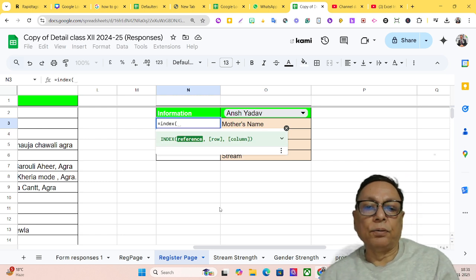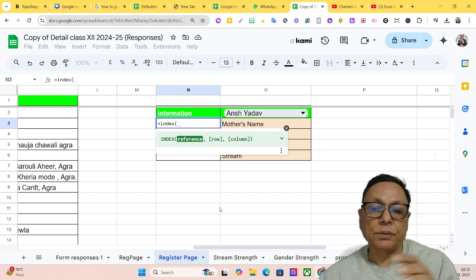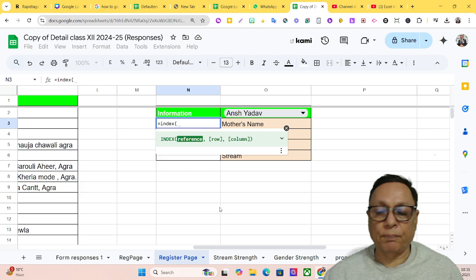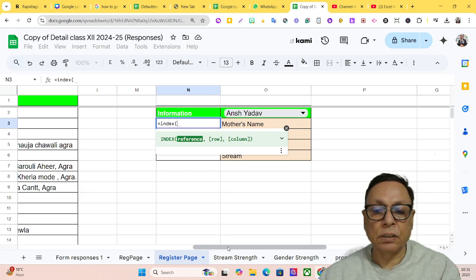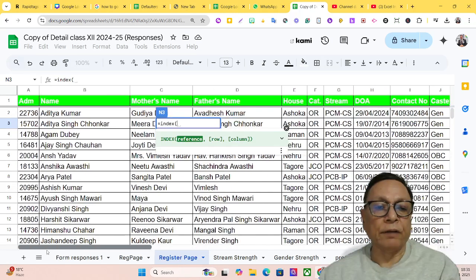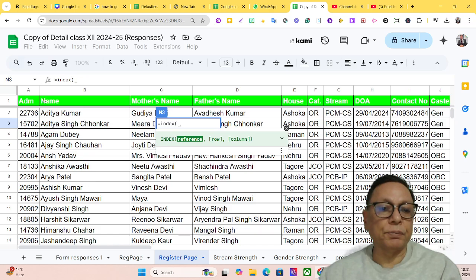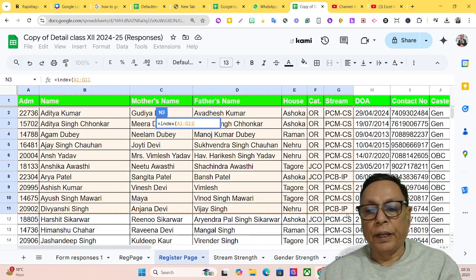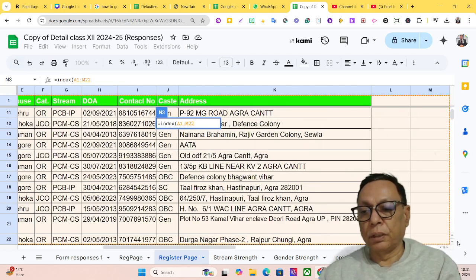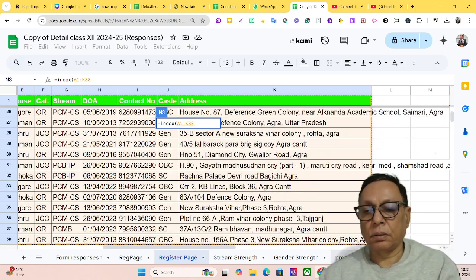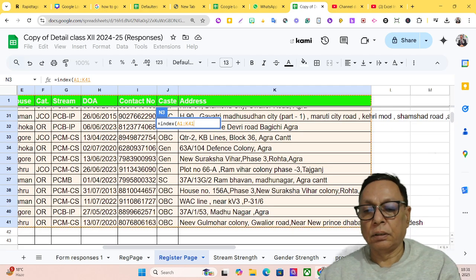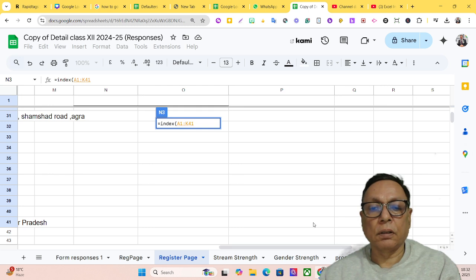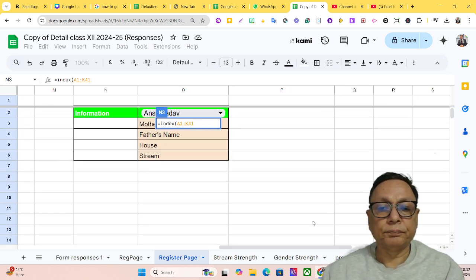Since we have to find different values from the range specified, I'm taking my range from A1 to last. So this is my range, comma,